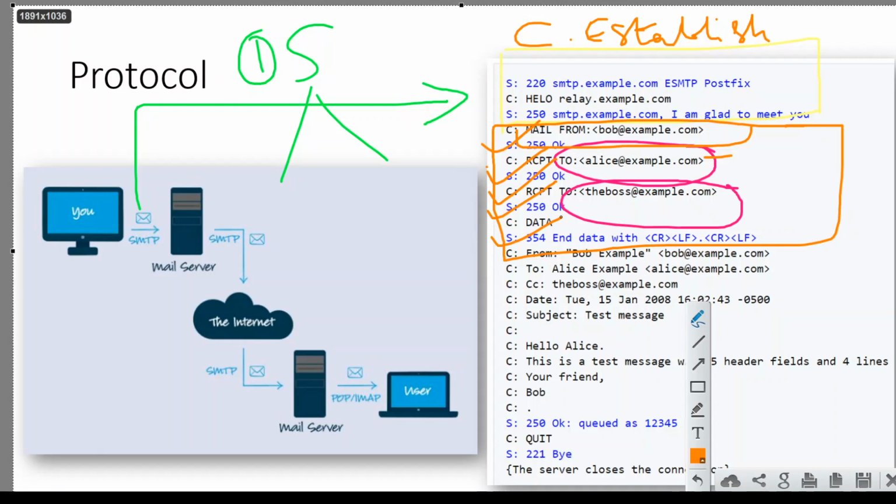The server says okay, send the data. And how should the server know that the data is ending? Because you keep on typing and the server won't know when to stop. So the server gives some kind of code, and since you are doing ham coding and things like that, you might already know that there are such codes. It says end with this.